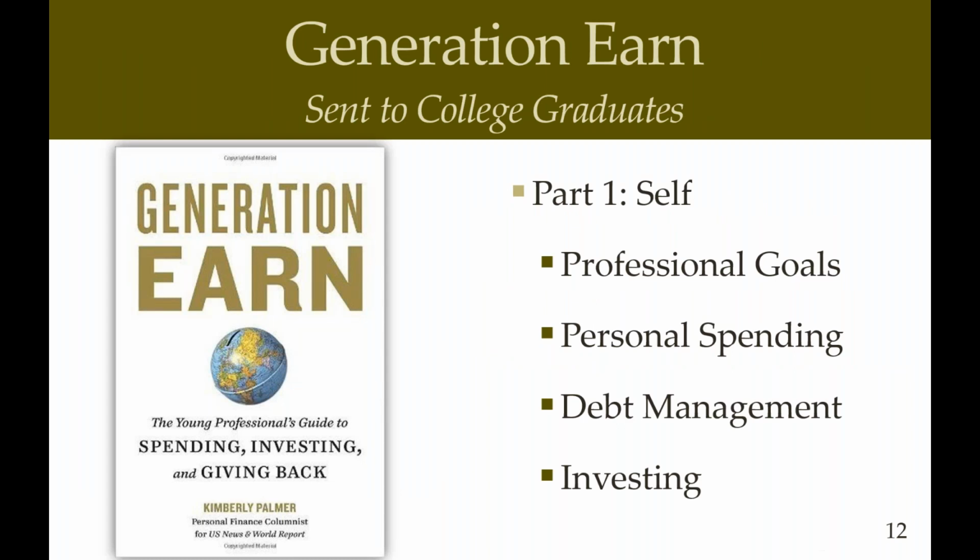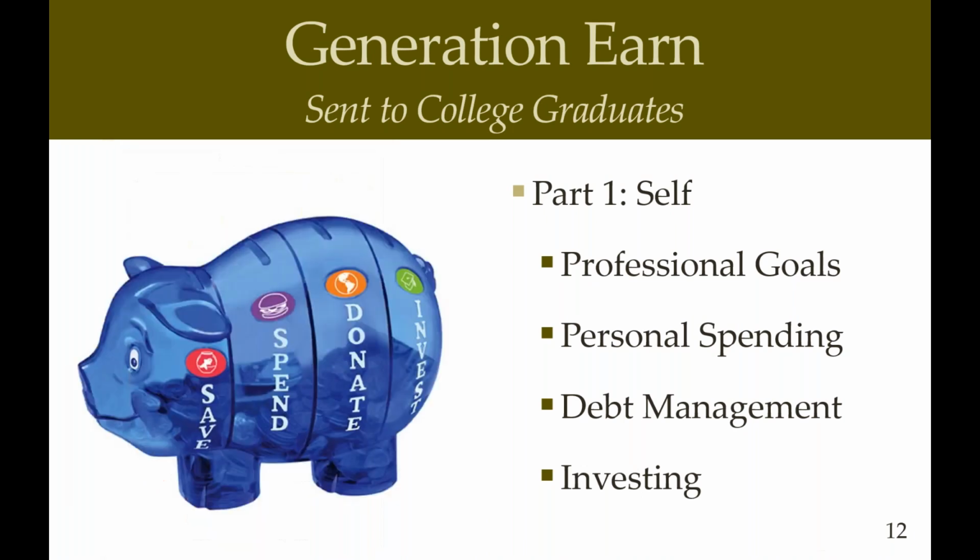And finally, for college graduates, we like to share the book Generation Earn, which has my favorite subtitle to bring everything back around: The Young Professional's Guide to Spending, Investing, and Giving Back. That should sound familiar because, as you can see, these are the concepts that we were introducing to the 3 and 7 year old child, and they're still the key underlying concepts to help a young adult build their